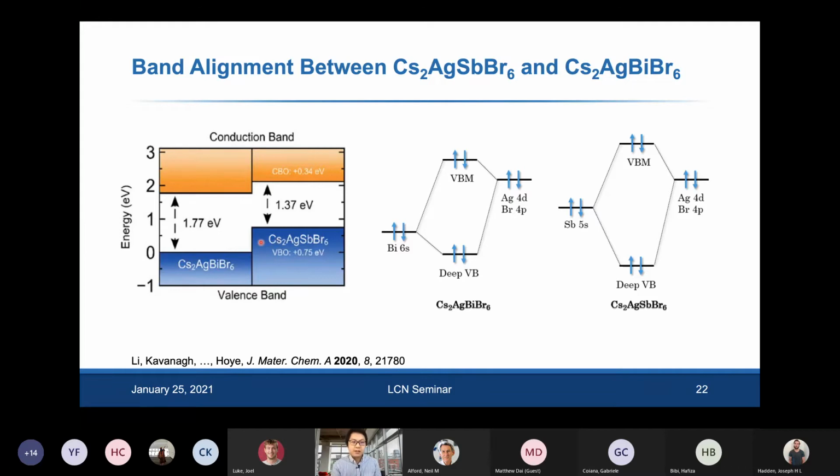And what we propose is happening is that when we make the alloy, so if we start with pure bismuth and we add in some antimony, the electron wave function will want to spend more time in the lower energy site. So the electron wave function will have a larger amplitude around the bismuth in the conduction band, and the hole wave function will have a larger amplitude also in the lower energy site. And in the case of holes, that would be the antimony sites. So instead of having a linear variation in the band gap, we think that the conduction band would take on more of a bismuth character, whereas the valence band would take on more of an antimony character, and therefore you have a band gap in between these two extremes. So this could allow you to have a smaller band gap for the alloys than for either of the end